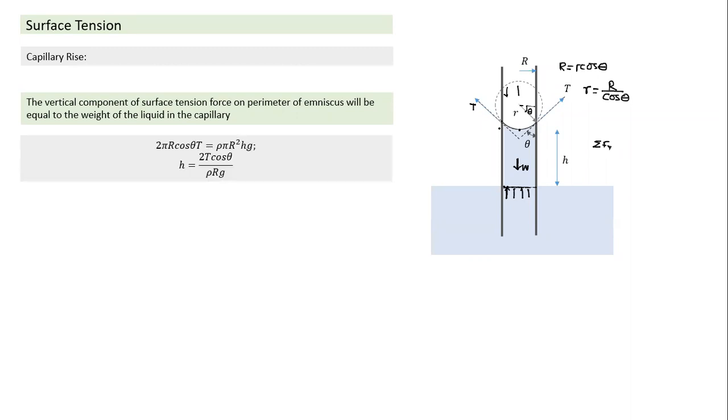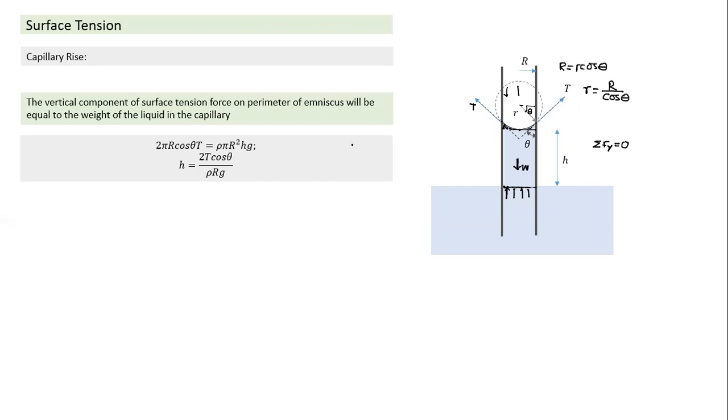So what are you going to do here? If we apply the summation of forces on the capillary as a system in y direction to be 0, the weight and the vertical component of the surface tension force acting on the boundary have to be equal. So what is the surface tension force? 2 pi r into T is the magnitude, and cos theta is the vertical component. So 2 pi r cos theta T is the vertical component of the surface tension force. That has to be equal to the weight. And when we calculate the weight, we calculate the weight of the cylindrical part. We ignore this part as negligible. So this part is ignored here. That's a small error of the small volume that we don't take care of, and that has to be equal to